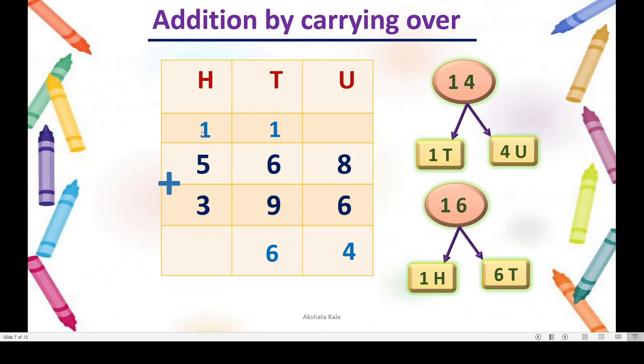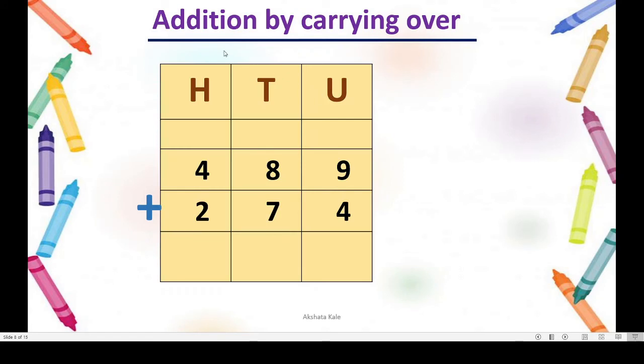Got this, students? This is called addition by carrying over. We are carrying here, correct? We carry over 1 to the next place. So 1 plus 5 is 6, plus 3 is 9. Got this? The answer is 964. If the sum, that is addition, in which we carry over the numbers to different places, then it is called addition by carrying over. Got this? We will practice some more examples.